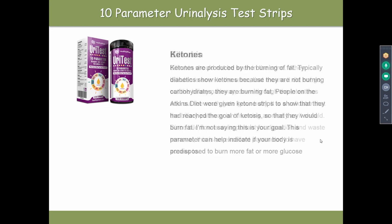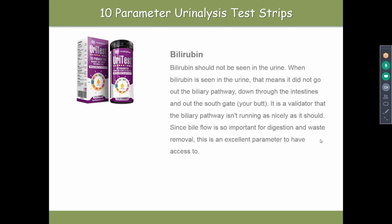The bilirubin we talked about just now is basically about bile. It should have gone through the biliary pathway. So it didn't go out that pathway; it's gone out through the intestines. So that's another strong sign that we've got a blockage going on. And like I said, so many people do have gallbladder issues. I see it all the time, and I think a lot of it's down to the fact that people